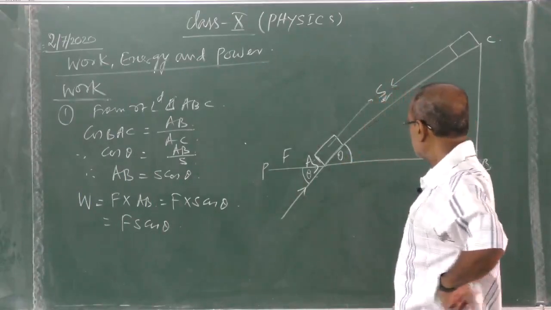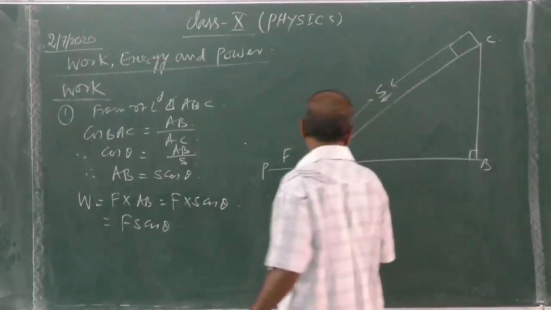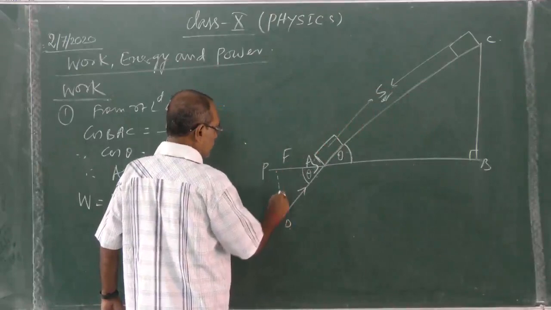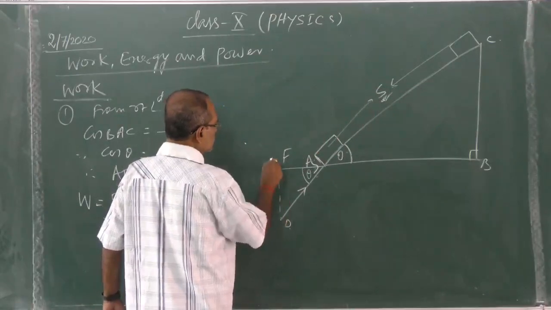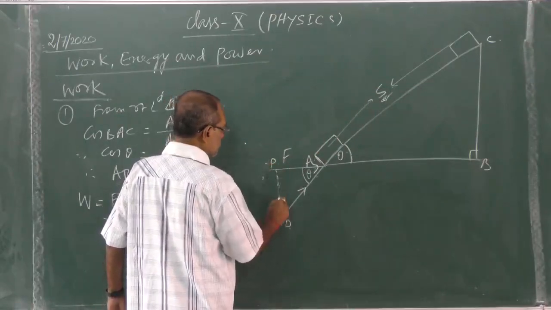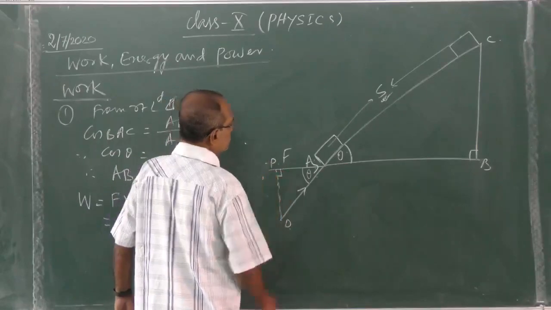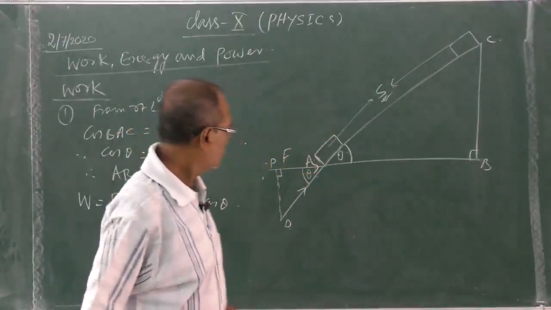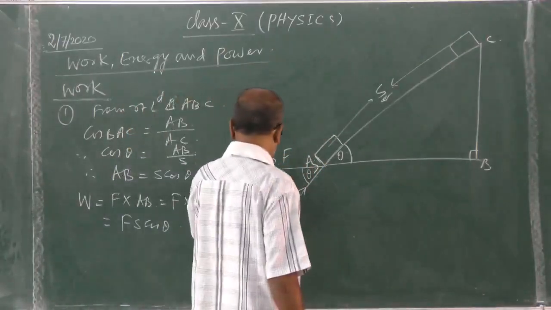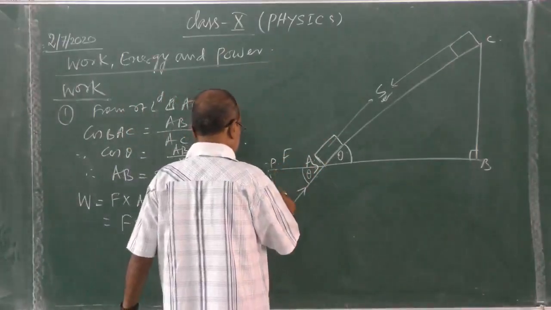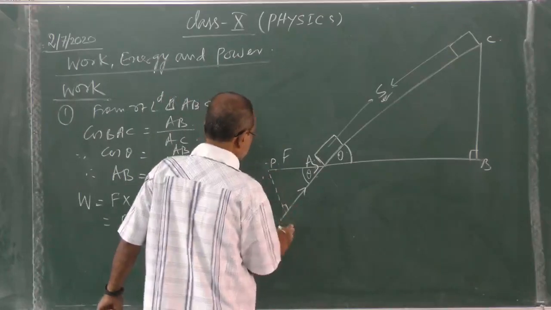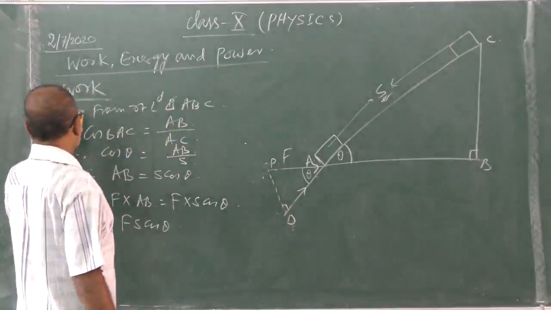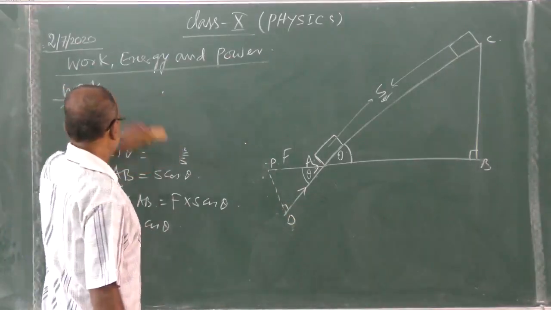Say this one, A, B, C, D. Drop a perpendicular from P, that is B. Now from right angle triangle